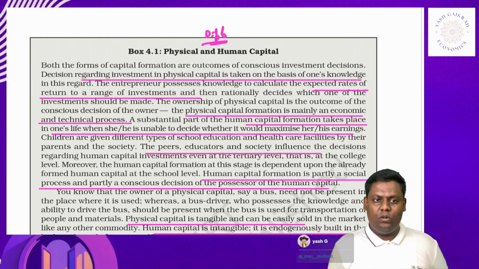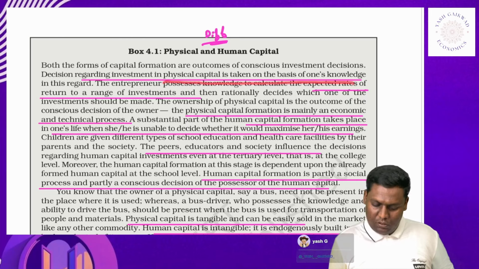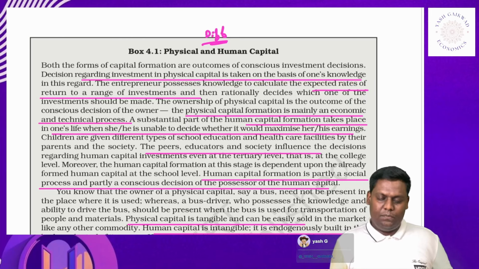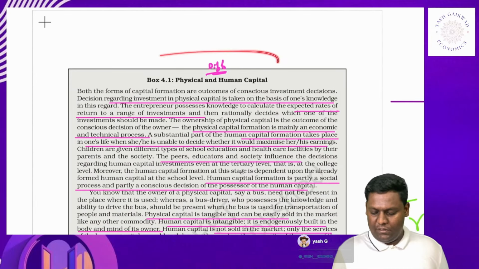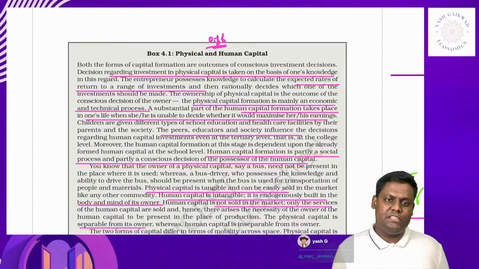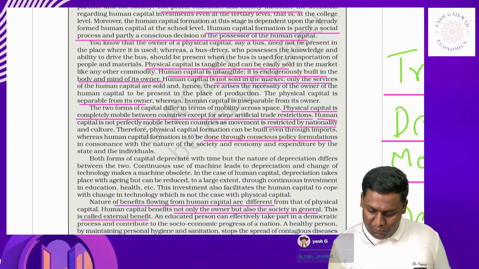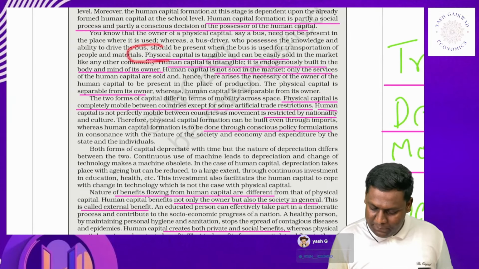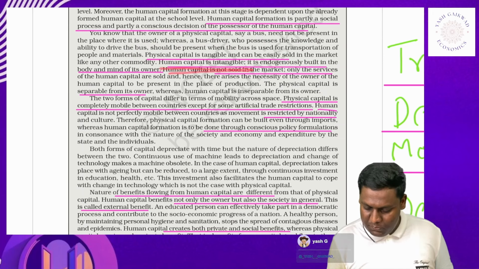Let us have an overlook. Number one, physical capital is based upon investment, whereas human capital is based upon. Now, this is what has been given here in the differences between physical and human capital, which we have already discussed. The important point to note over here would be that physical capital is tangible, whereas human capital is intangible,